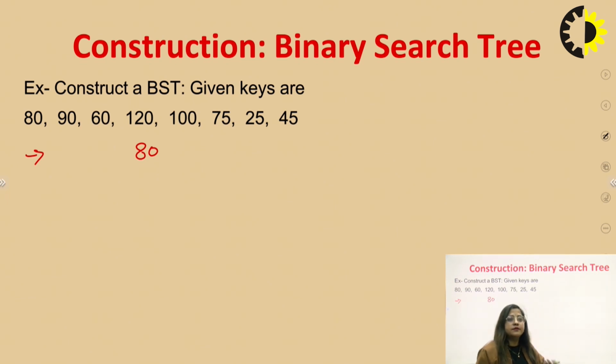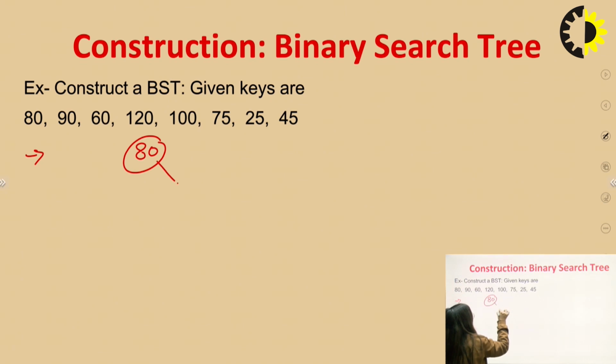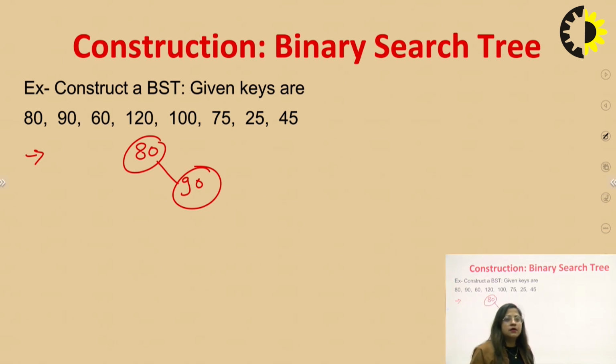If the second number is greater, it will go to the right side. Otherwise it will come to the left side. So check 90. Is 90 less than or greater than? Greater than. So it comes to the right side here. Okay. So the next, third, point is 60. First of all, this number is checked against the root node. After that it will decide where it will come, left side or right side. So first of all, 60 is checked with the root node, which is 80. So it is less than, and it will come to the left side.